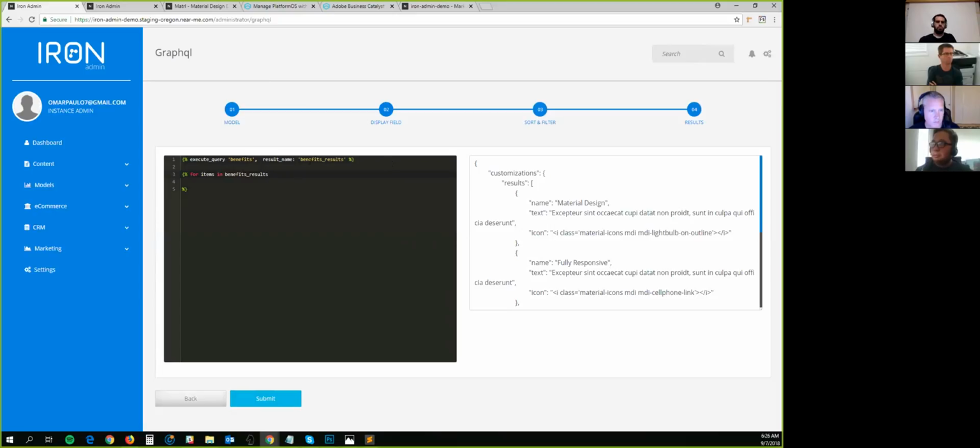So the result name is benefits underscore results. Then, based on the right hand side, we place customizations and then that results. And then, for so now the inside is